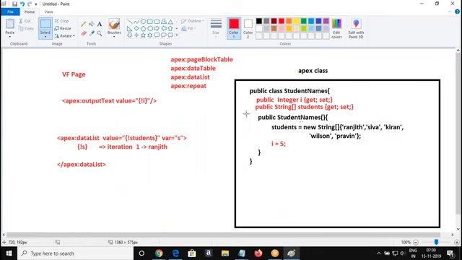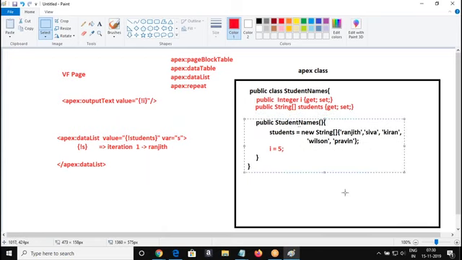So this is how we are going to display your array. This is our Apex, and this is going to be a Visualforce page. There shouldn't be any confusion here. It's quite simple basics we are discussing. If you know these basics, you'll start writing your Apex class. Declare the get set variable and initialize it with array element values.